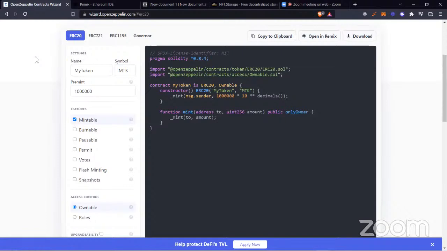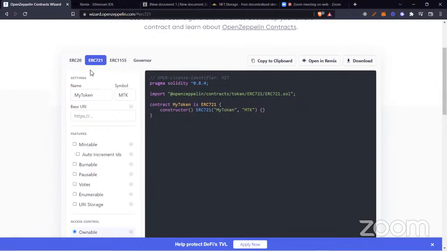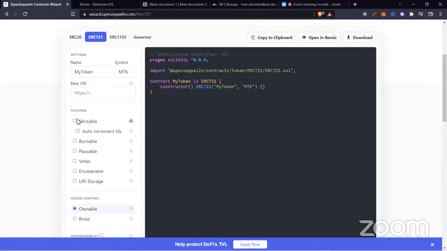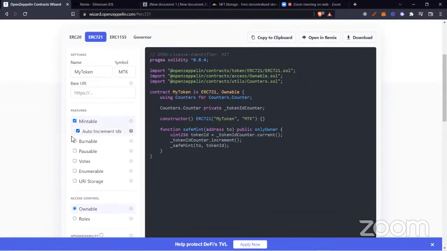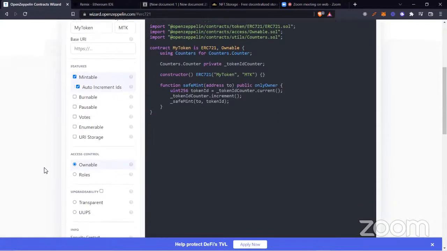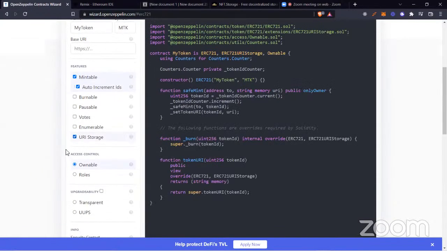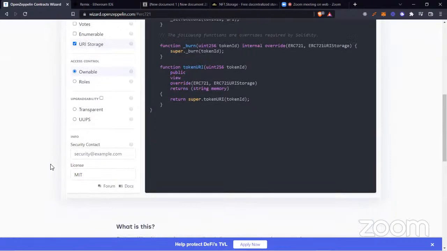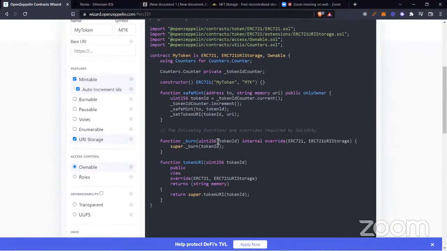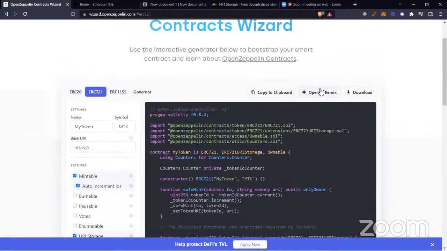So it's just a JSON file that contains the data of the NFT. Imagine the NFT is going to have a name, description, and the image. So if you come to our wizard again, just click on your 721 part, and then you want to be able to mint. You want the IDs to increment by themselves, and then you want to be able to store URIs. So this is just the basic framework of ERC721,